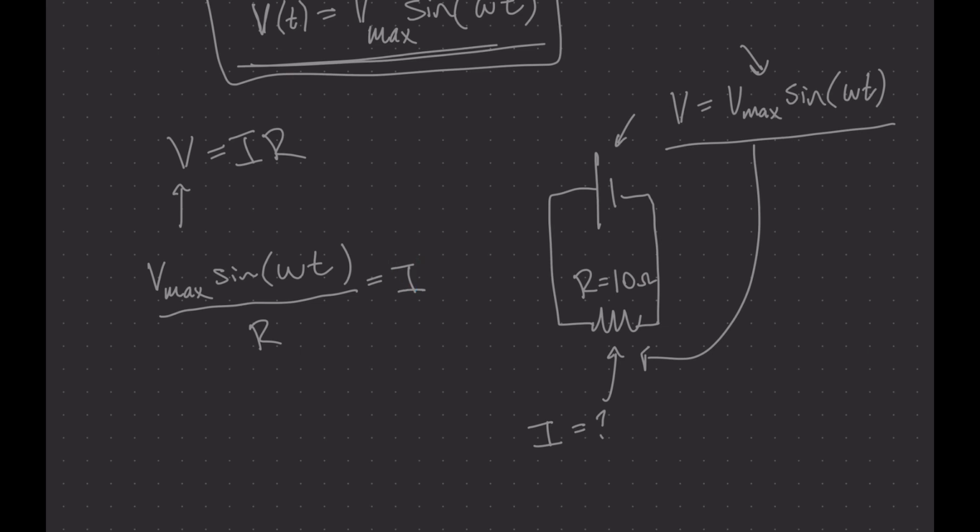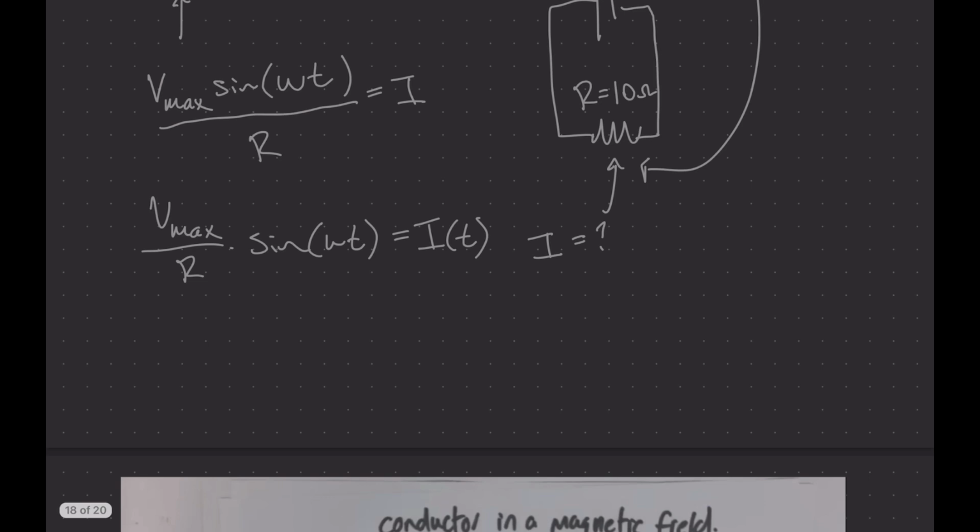Here, what I'm looking at is a function, and then it's being multiplied by this Vmax, which is a constant. And the whole thing is also being divided by a constant. So I'm going to group up these constants together, and I will get Vmax over R times this same function over here equals I. And now I can actually put I of t,